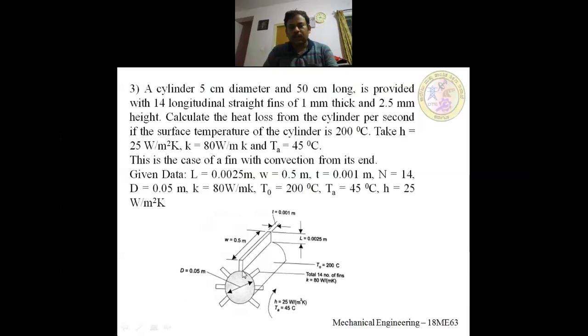the cross section area of the fin. The cross section area is the area attached to this cylinder. So the cross section area, how will you find it? W into T. How many fins are there? 14 fins. So total surface area minus 14 into cross section area of each fin will give you the area of the unfinned